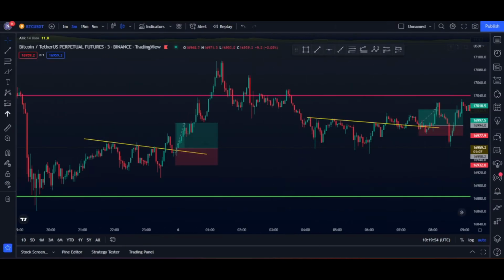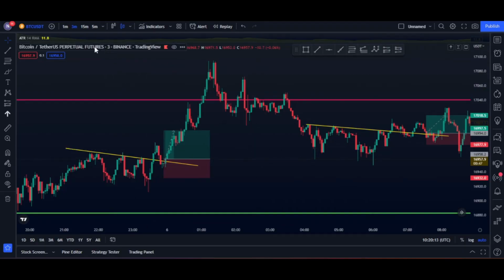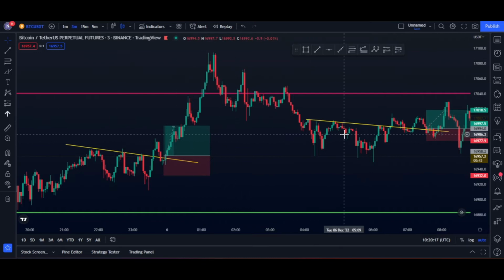I'm going to also show you guys my entry level and how I sold my long position using the ATR value. Before we start, I will just close this ATR indicator so I could show you guys how you can